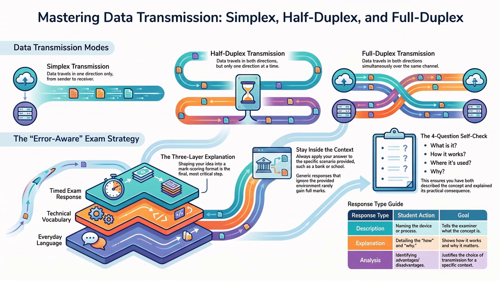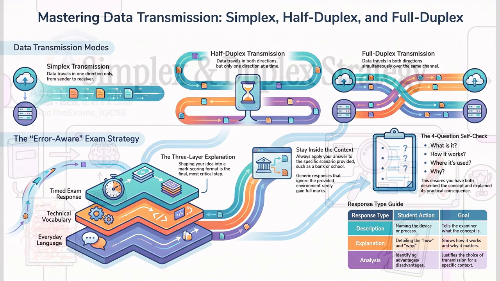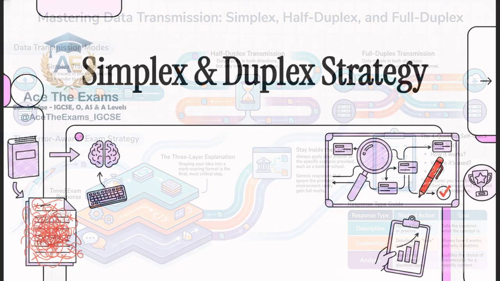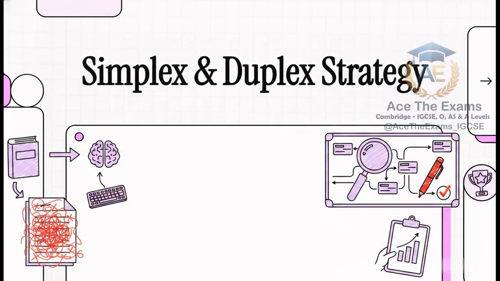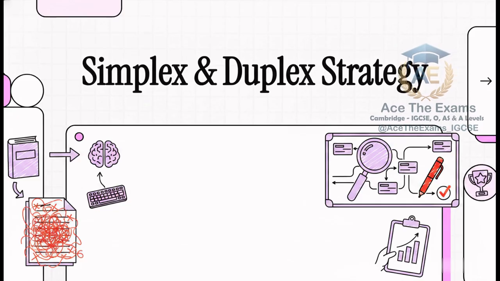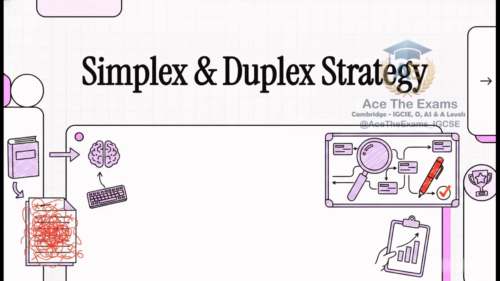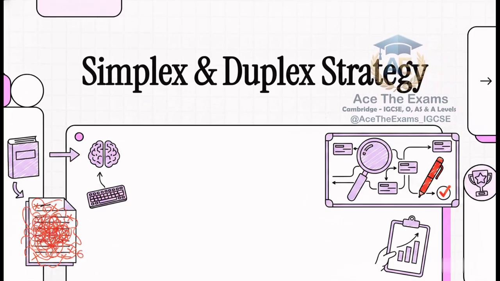Let's look at a pretty brutal reality for Cambridge IGCSE computer science students. You walk into that exam hall, you write down exactly what you memorized from the textbook, you walk out feeling absolutely confident, and then you get your paper back completely covered in red ink. Today, we're tearing down exactly why your data transmission answers are bleeding marks and how to build a high-scoring strategy